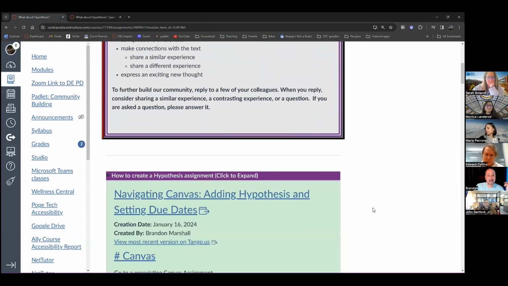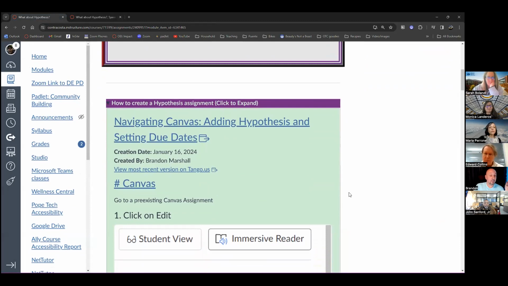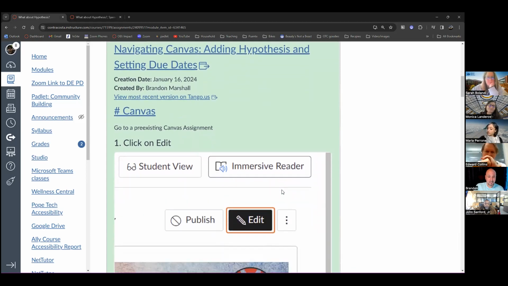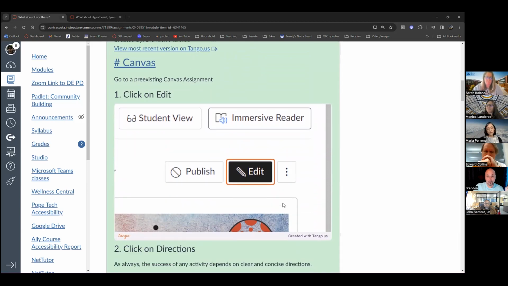So I also added a handy dandy Tango walkthrough here. And by the way, if you don't use Tango yet to do these walkthroughs, they have upped their game. It's a Google extension plugin. It's quick, it's easy, it's free, and it does these beautiful walkthroughs almost seamlessly. Each one of these walkthroughs took me 5 minutes max to do. So it's a beautiful tool called Tango, like the dance. You can see down here, tango.us. Amazing. So much fun. And so easy to do these walkthroughs.